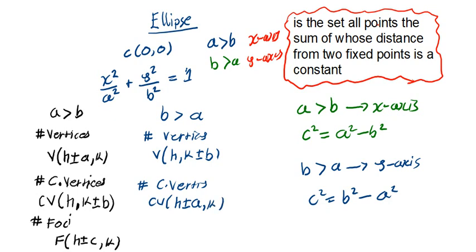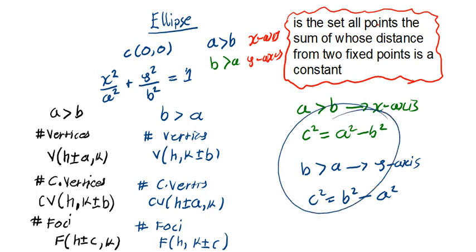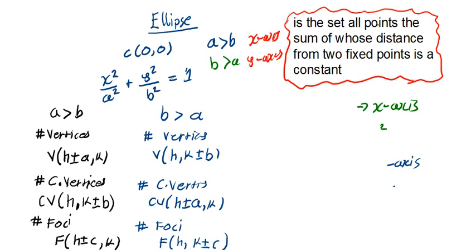Then for the foci, I'll indicate using F. This is going to be H comma K plus or minus C, and this is what you need. Then there's something that is also called the eccentricity. I hope you have written this one here, because I'm going to erase it, but I've managed to record the class, so you can still check it out later. So the eccentricity just describes the ovalness